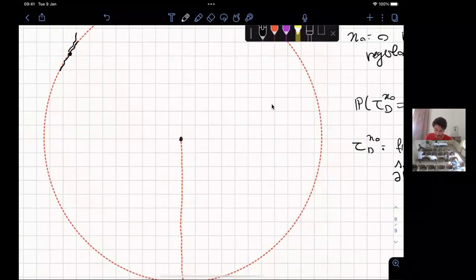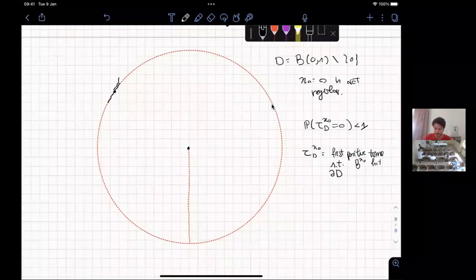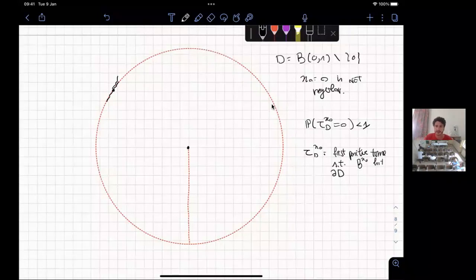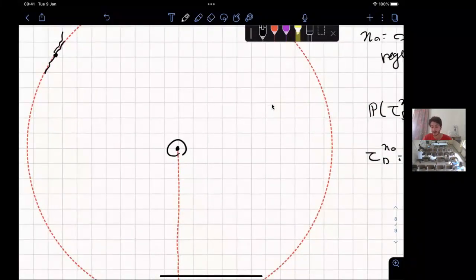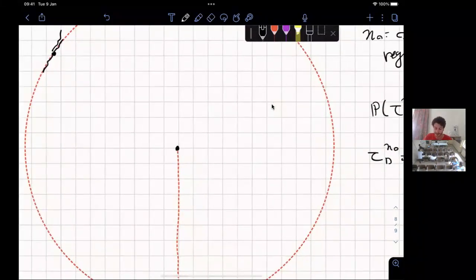If you take this point, the center, and as a domain you take the disk minus a half line, then in dimension 2 this point is regular, which is strange. What you are saying is that if you start from there, with probability 1 you will touch this line,